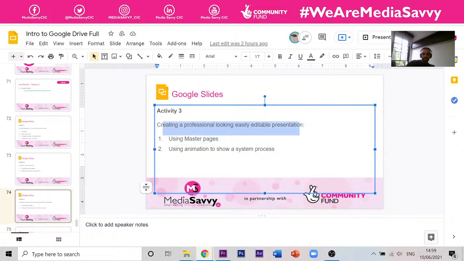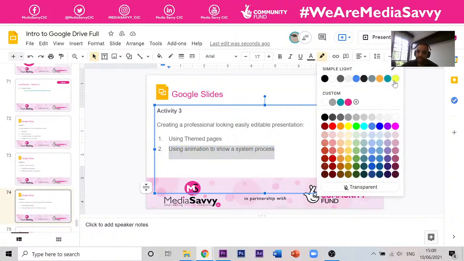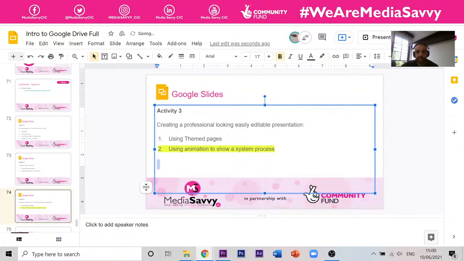Well, we've done that. We've used master pages, but I'll call these now, what's it called? Themes. And I'll put themed pages. And use an animation to show a system process. Well, we've covered animation today, but we haven't had time to do that bit. So what I'll do is I'll highlight that, and we'll pick that up next week when we move on to Google, just before we move on to Google